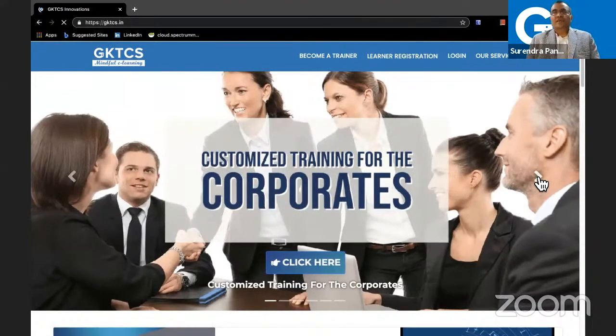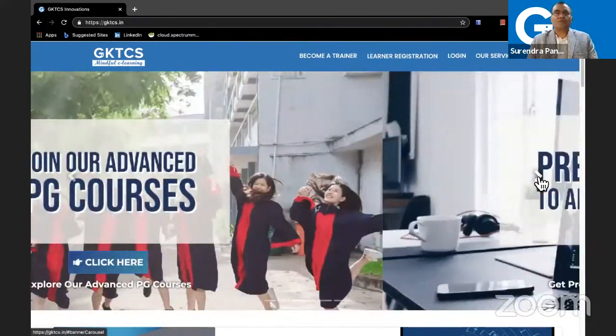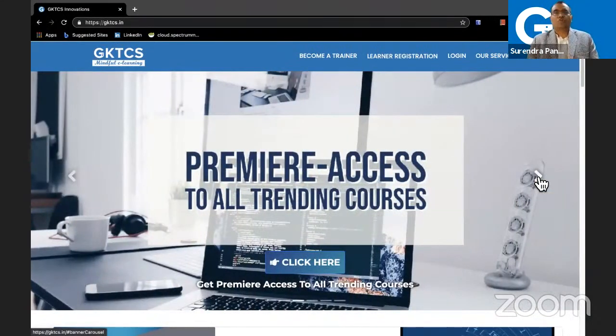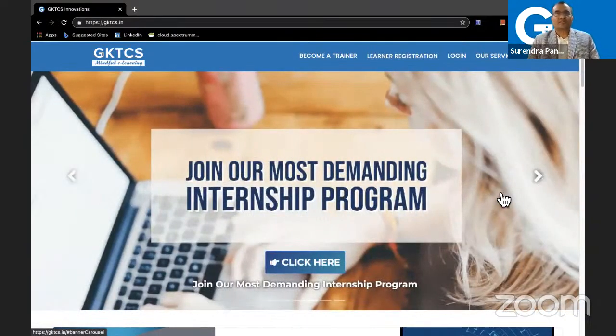Another option available is, in case you would like to go for only the special courses, not the complete program, then you have premier access. In case you would like to go for the internship, this is the most important thing for everyone to work out. That is the internship program. The internship program is for graduates who would like to go for a 2 month, 6 month, or 1